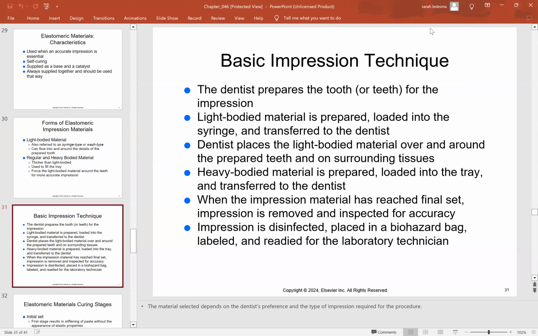Basic impression technique: the dentist prepares the tooth or teeth for the impression. We'll use that light-bodied material. We're going to prep it and load it into the syringe and then transfer that to the dentist. The dentist then is going to place the light-bodied material over and around the prepped tooth or teeth and surrounding tissues. Our heavy body material is going to be prepared and loaded into the tray and then transferred to the